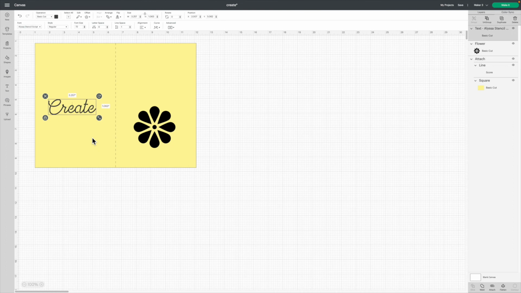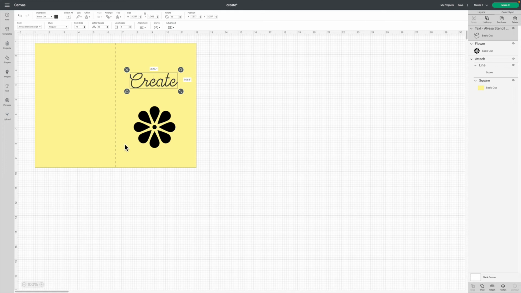I like this one. We want to use the writing font option as well. That's also a filter so that we can get handwritten style fonts, which work really well when we use the pen tool. Next, look through the list of fonts and choose which one fits your project best.